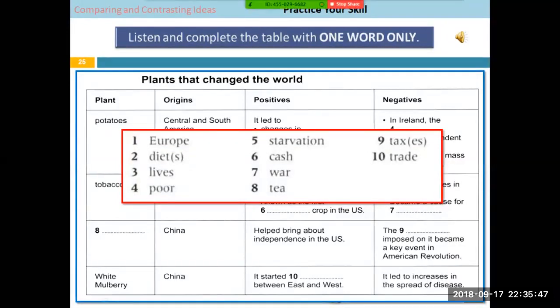So it's Europe for first, that is clear, but E should be capital for Europe, remember. I've been emphasizing on these points, right? E should be capital. Yes. And then diet or diets, that's fine, lives is fine, then poor. And for this, it said that